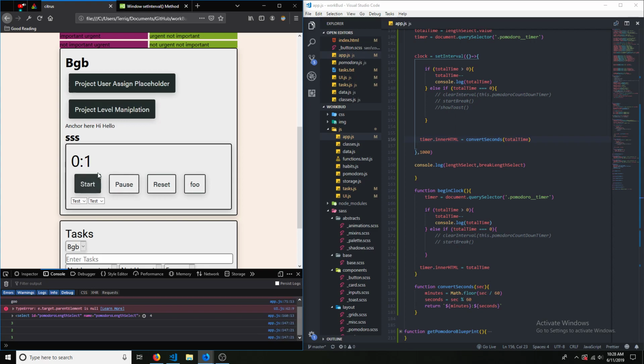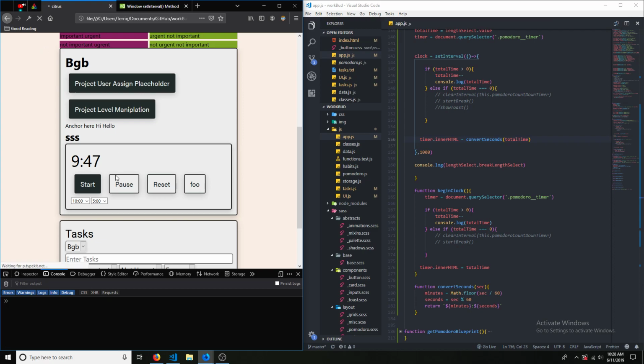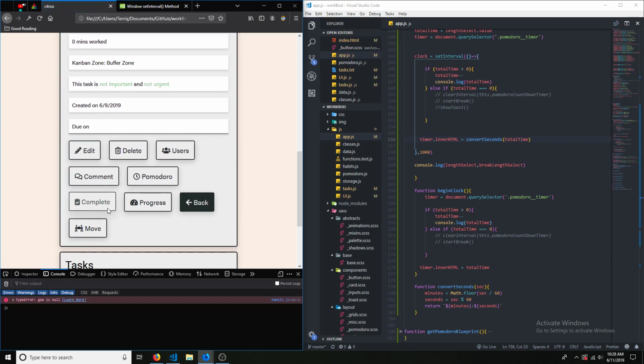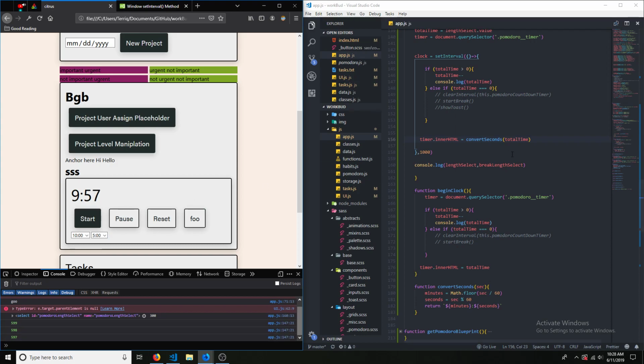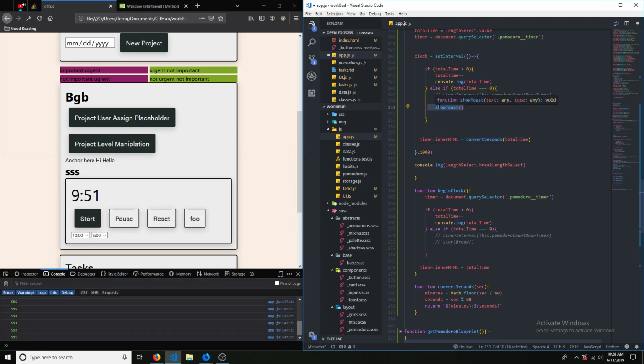2, 1, 0. It's going a bit fast, probably because the actual timer is messed up. But yeah, there we go. So that's pretty cool. Show toast is already a function. I believe it takes